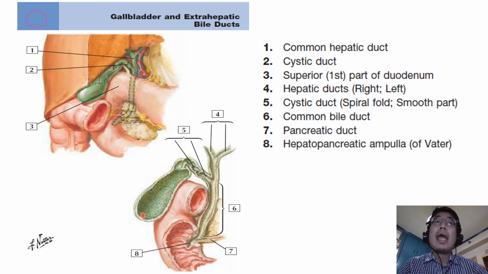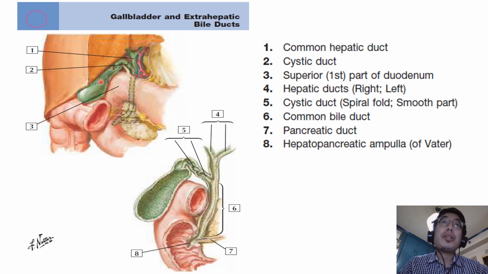and it is simply in the gallbladder where the bile is stored and concentrated. So the bile leaves the liver by the right and the left hepatic ducts, here labeled as number 4, eventually draining into a common hepatic duct. The common hepatic duct here labeled as number 1. The latter drains via the cystic duct, here labeled as number 2,